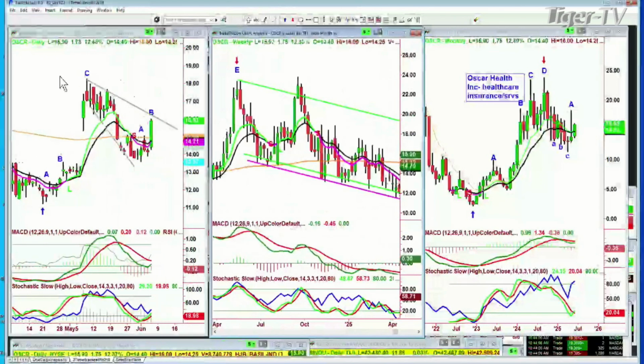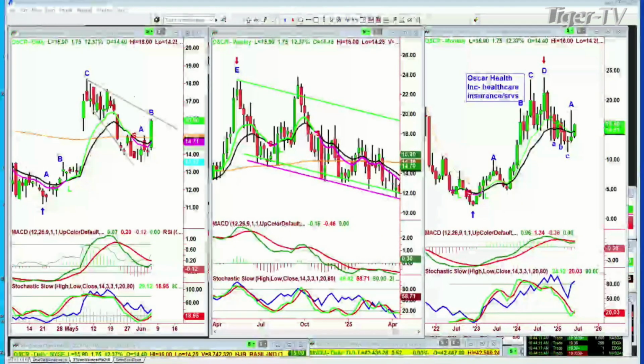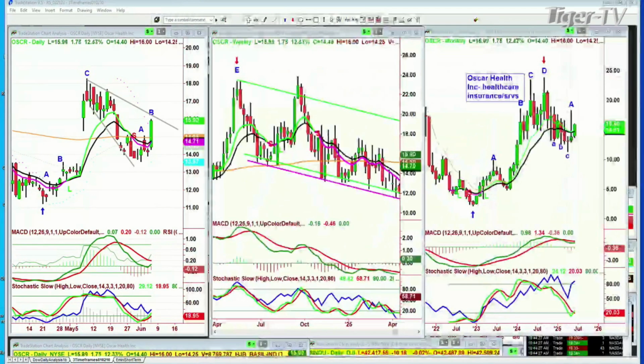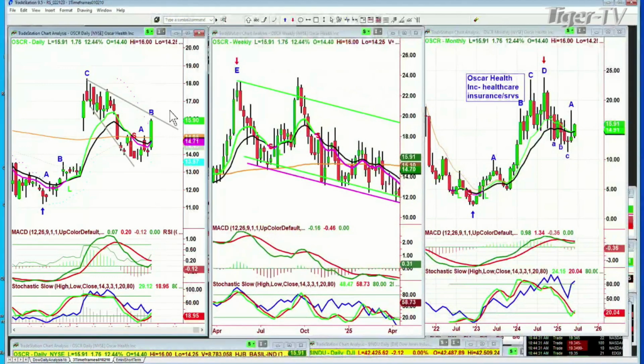But this Chapman Wave falling axe formation, remember the pattern we were talking about a little earlier? I said this is a pattern that we follow. If it goes to a peak and then starts to make lower highs and lower lows with an expanding wedge, I call it the falling axe pattern, handle, lower, and the axe declining. This cone, if it takes out the top part, that's going to be very good. Well, make it as simple as possible. If it takes out, so far this is a really good action. It's up 1.76,